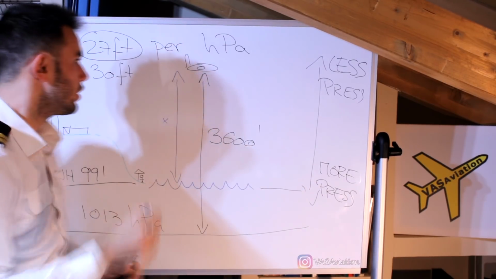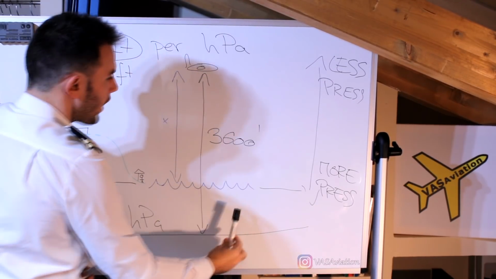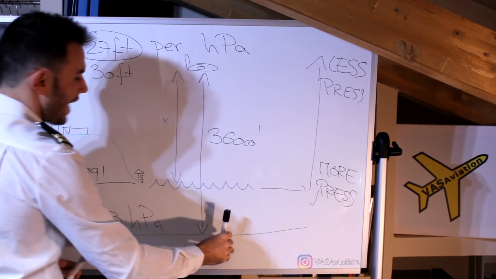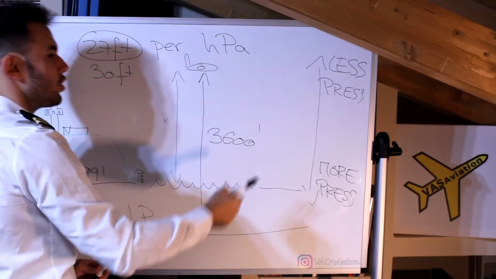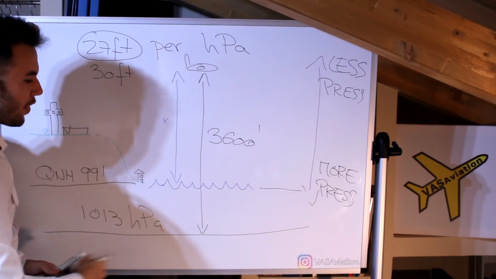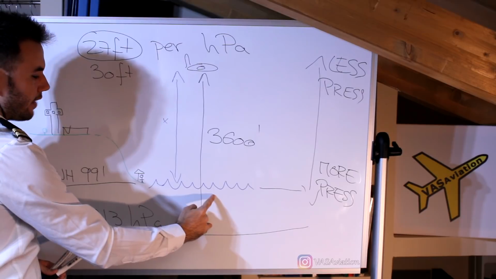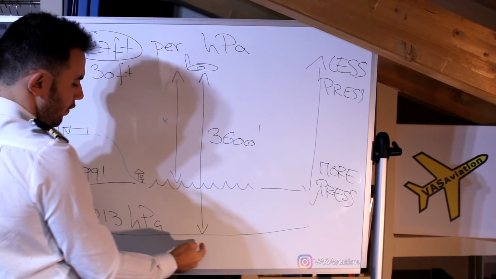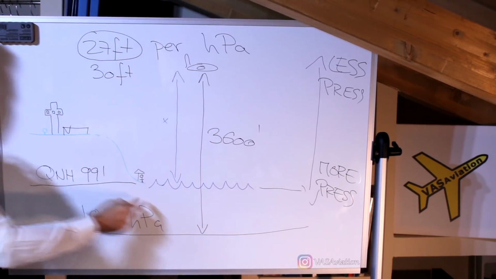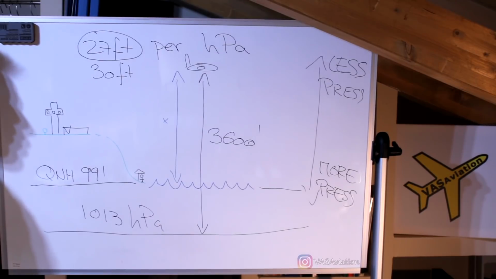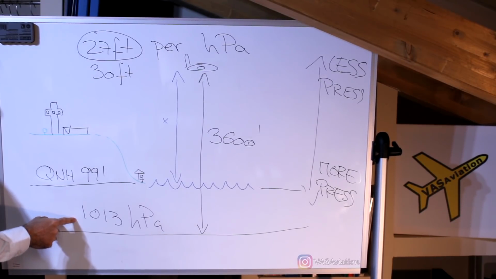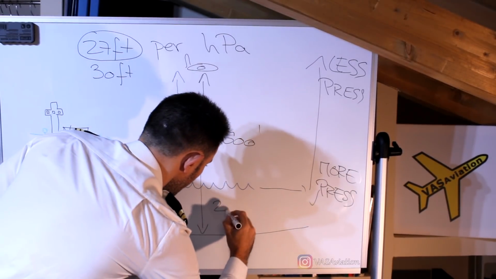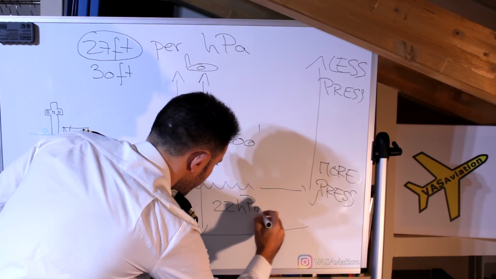You don't want to lose time during the exam, so just go directly to the 27 feet gradient. So pressure changes by 1 hectopascal per 27 feet. That's what we want to calculate here: the difference in altitude, in height, in feet, from the 1013 isobar to the 991 isobar. And that is pretty simple. From 1013 to 991, that is a difference of 22 hectopascals.